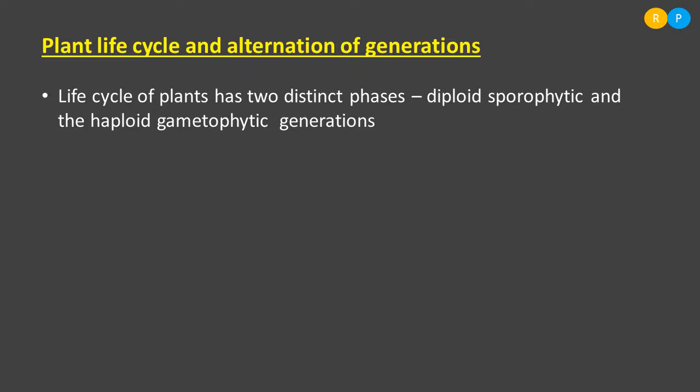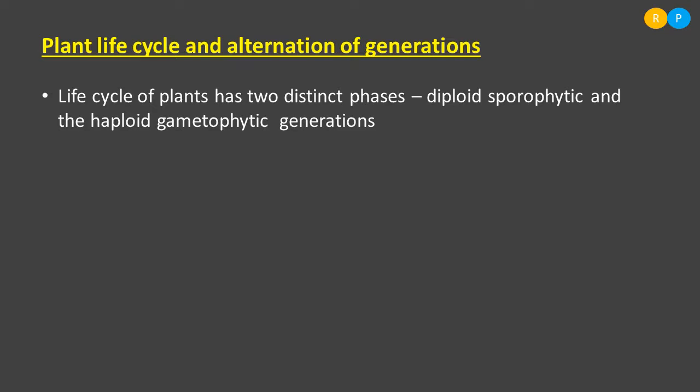What do you mean by diploid sporophytic phase? Why is the sporophytic phase called the diploid phase? What is meant by that? The sporophytic phase is the spore producing phase of the plant. In the sporophytic phase, the plant body is in diploid condition. That means the plant has two sets of chromosomes. Because of this, the sporophytic phase is called the diploid phase. That means the plant cell consists of two sets of chromosomes.